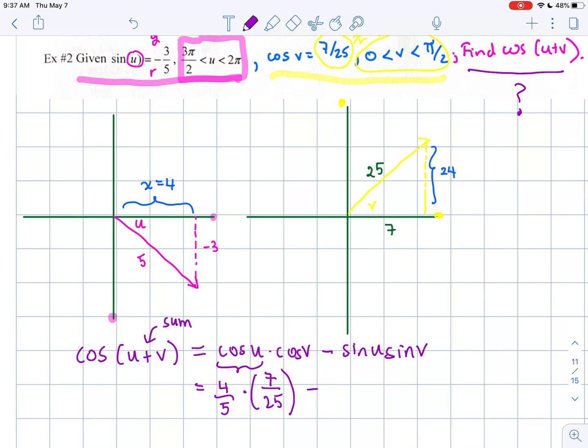So sine of u is opposite over hypotenuse. So we have negative 3 over 5 and then 24 over 25,